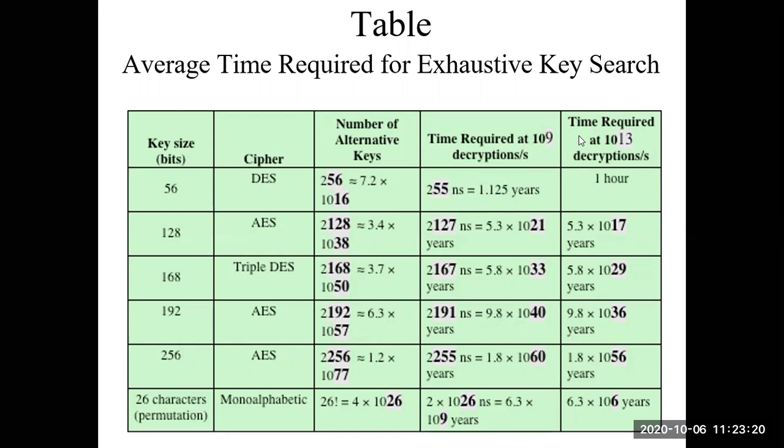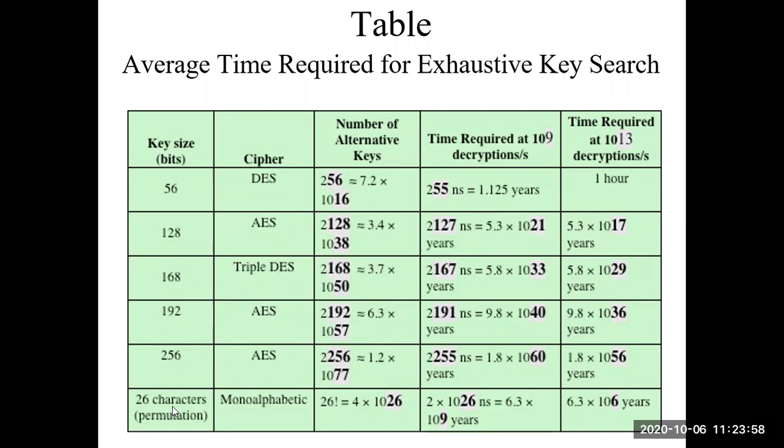But if our processor speed is high, if I am able to perform decryptions at the rate of 10 to the power of 13 decryptions per second, using this exhaustive key search also, within 1 hour you will be able to get the correct plain text. Whereas in AES we work with 128-bit keys. So you see proportionately these numbers are increasing. Triple DES 168-bit key, AES 192 and 256. In AES we work with 3 key sizes. We'll see that in the next chapter, next module.